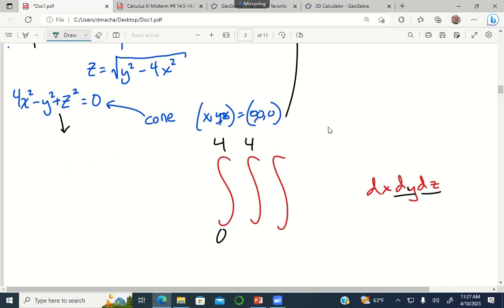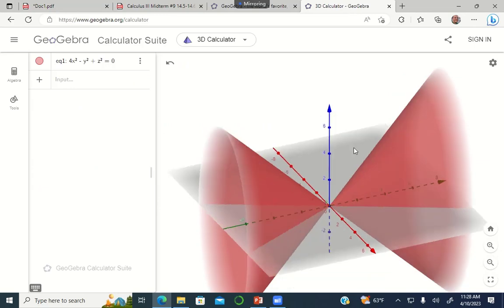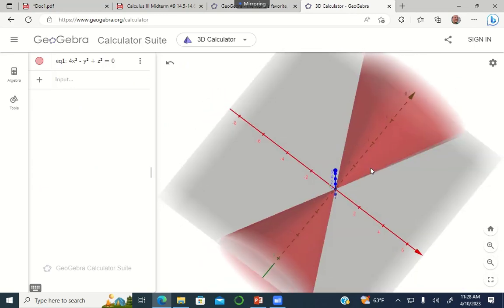So we were going in this direction. We were saying y is equal to the square root of 4x squared plus z squared. And then... Isn't 0 the lower bound? Isn't it the lower bound of the y interval? Isn't it? No, okay. So what we're saying is that the lower bound of y, and again, the y-axis is